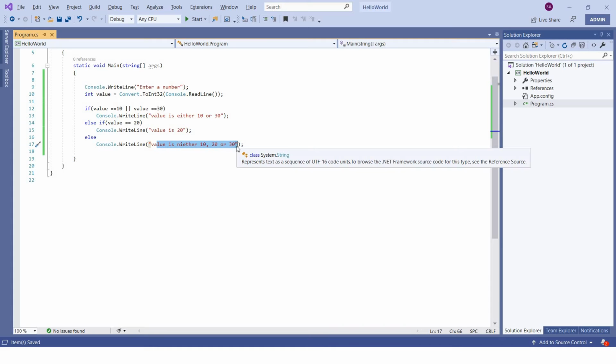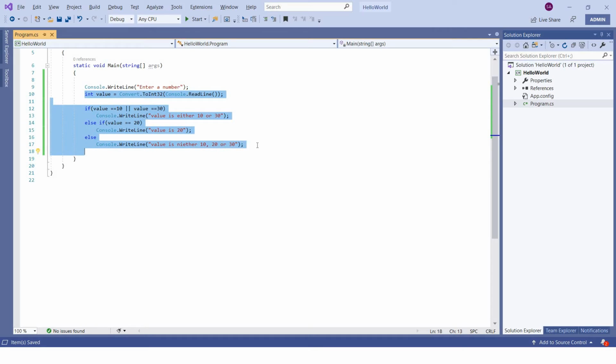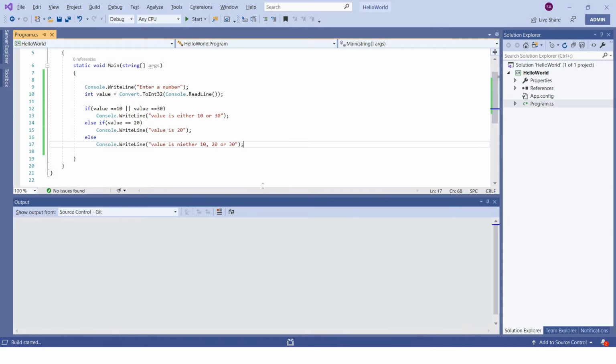So it's just a simple if else. If you haven't seen the if else video session, I would recommend you see part 9 first, where we have discussed the if else statement in great detail. I am trying to convert this if else statement into switch. For that, let's run this first, then we'll see what the output is.